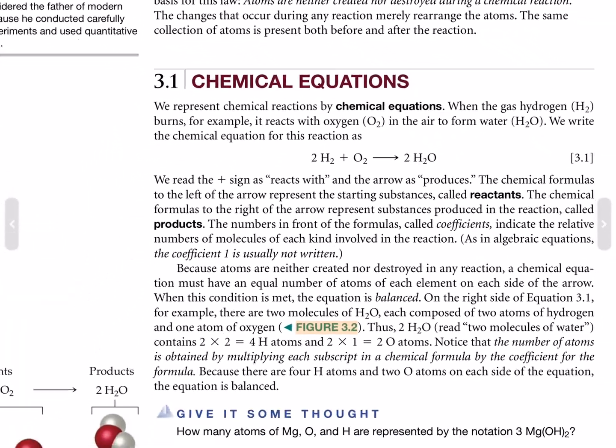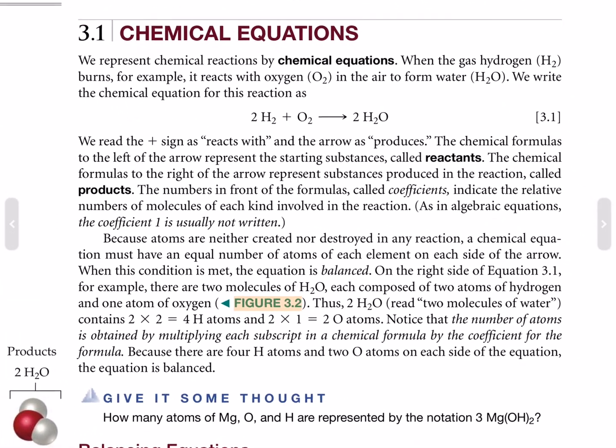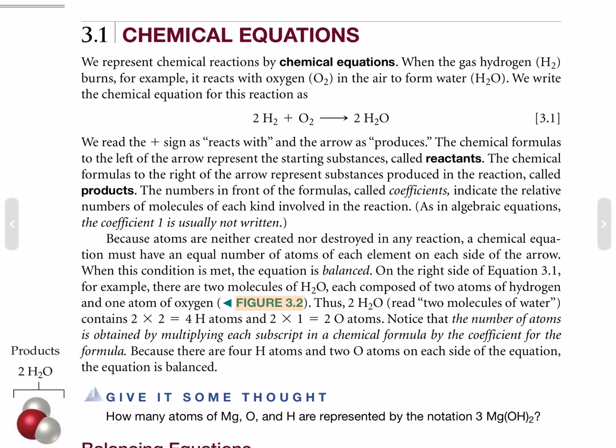Section 3.1. Chemical Equations. We represent chemical reactions by chemical equations. When the gas hydrogen burns, for example, it reacts with oxygen in the air to form water. We write the chemical equation for this reaction: